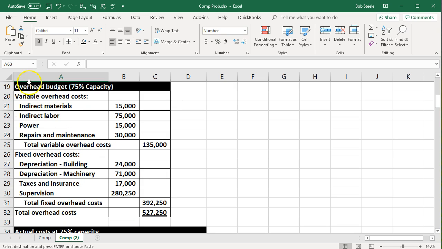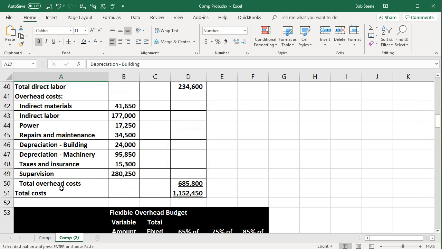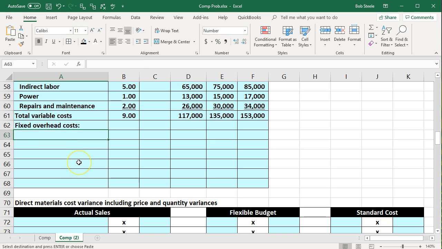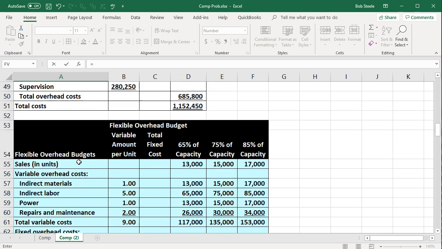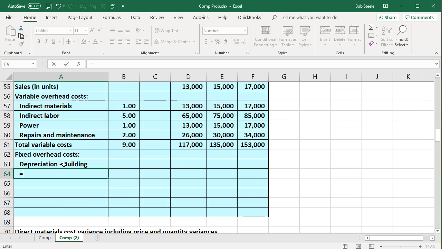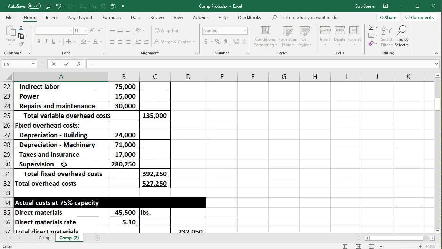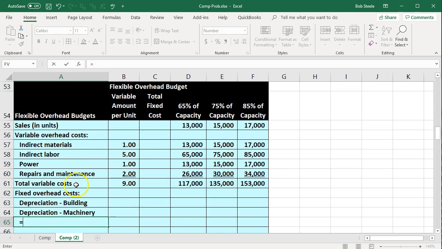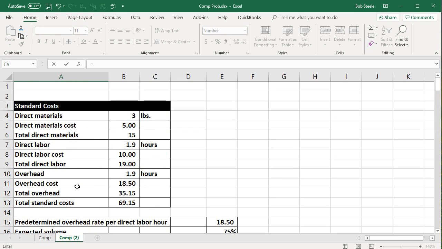So we're on overhead budget in A19. Depreciation, building, machinery, taxes, supervision. I could just copy those and put them down here, or I could use references. We could say this in A63 equals, and scroll up and say I want to pick up that depreciation on the building and enter. And then the next one is going to be equal to, scrolling up, the depreciation on machinery and enter. The next one is equal to, scrolling up, and we can pick up the